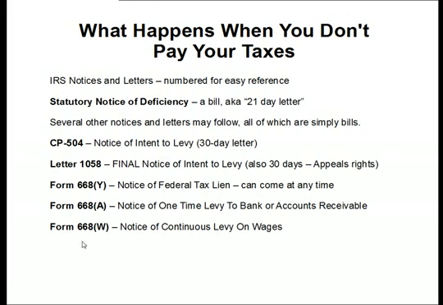So the first thing that you get is what's called a statutory notice of deficiency. This is basically the first bill. We call it, just kind of in lingo, a 21-day letter because the statutory notice of deficiency, which can have different letter numbers attached to it, the most common one that you see is a CP21B. But this 21-day letter is called that because once you get it, you've got 21 days to pay the bill without incurring any additional penalty and interest charges. Okay? If you miss the 21 days, you'll probably get a couple more bills that pretty much look the same.